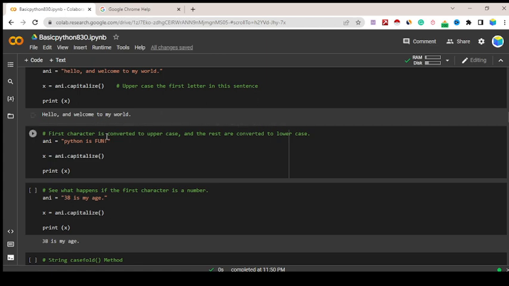So it will convert it into the capital, so the uppercase. The first letter of this sentence, the first character, is converted into the uppercase. Similarly,